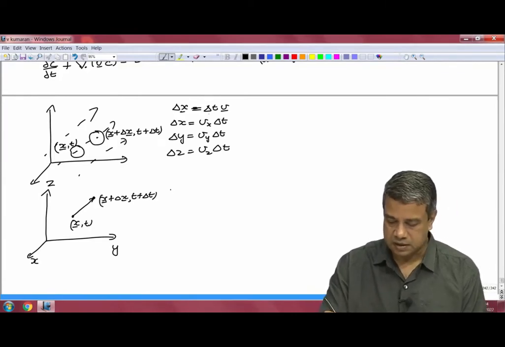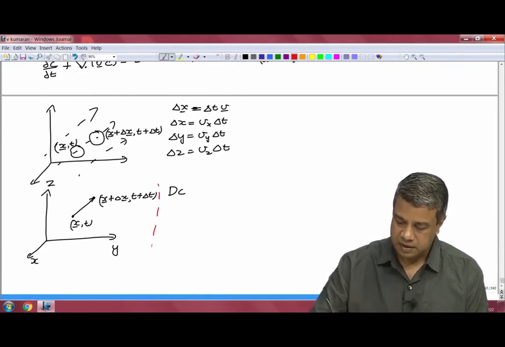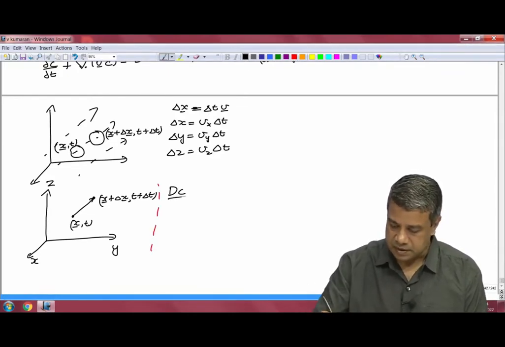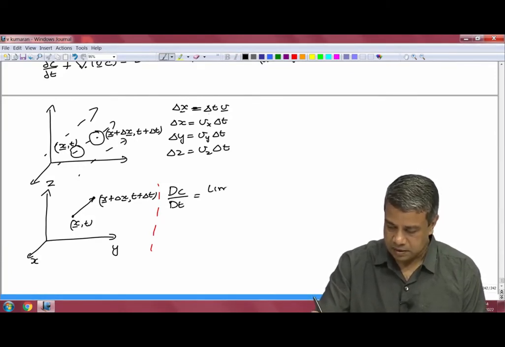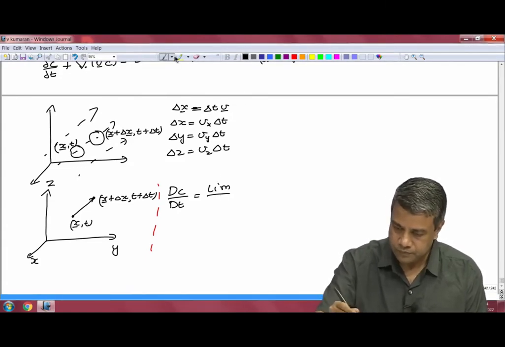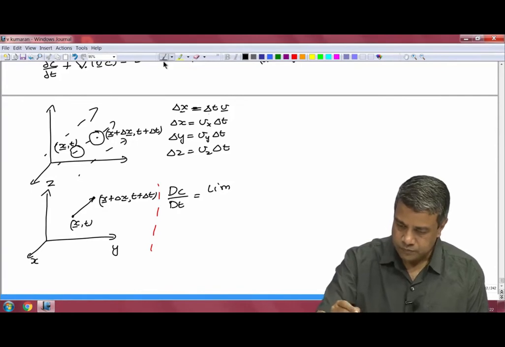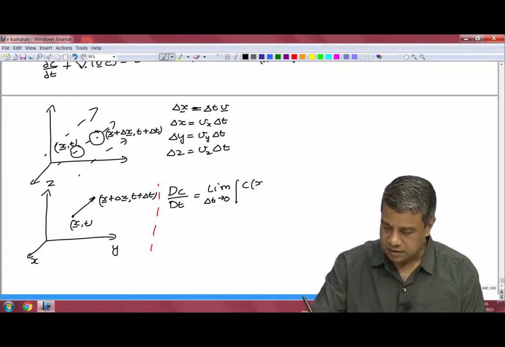And the substantial derivative of the concentration field, which I had derived last time, is dc by dt equal to the limit as delta t goes to 0 of c at x plus delta x